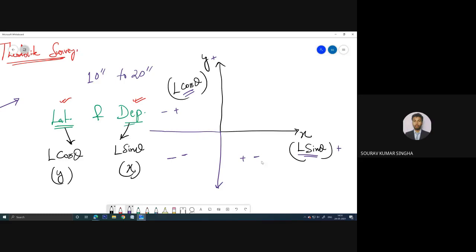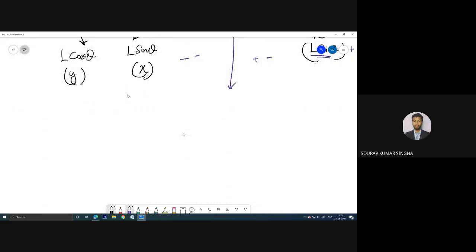Now today, in the last class I told you about balancing, how we can balance the traverse. I have told you some methods. Can anyone tell me the method? Balance traversing, what is the name of that? Anyone remember the method? How can we eliminate the error from a traverse?